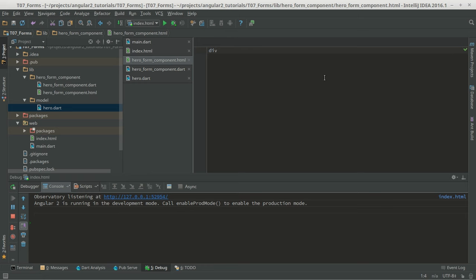Something interesting about IntelliJ is the emmet way to create HTML. So if I do div dot container, and then I just press tab, it's gonna create a div with the class container for me. This is similar to, what's the name, J templates, but this is called also emmet templating. I don't know